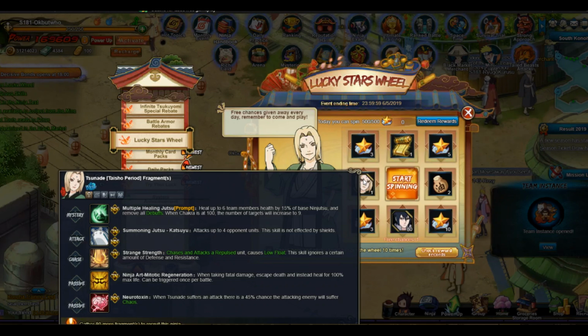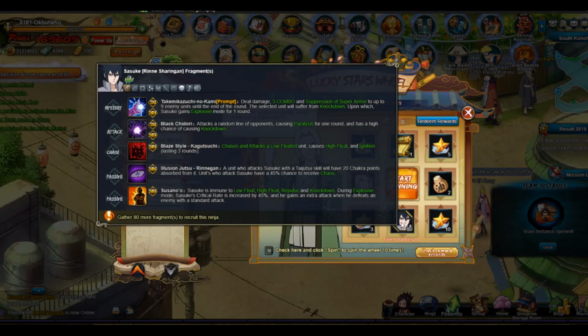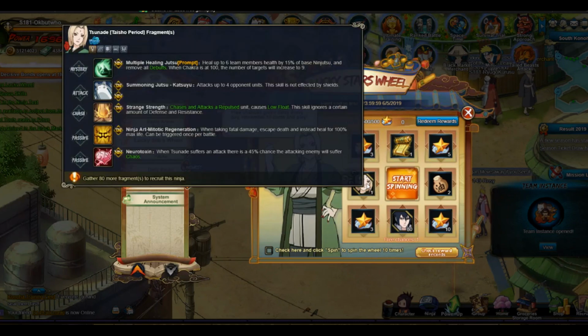A fun team is Taisho Tsunade and Rinne Sasuke, because they both have a 45% chance to cause chaos whenever you hit them. And only Rinne Sasuke drains chakra. That's fine. But still, you have a chance to chaos anybody who attacks you. And Taisho Konan actually has 200% life because of her ability, which I think is pretty crazy. This is probably the highest life ninja on the field. So if we're going for a scaling team, she's definitely going to be up there. And her chases and attacks...